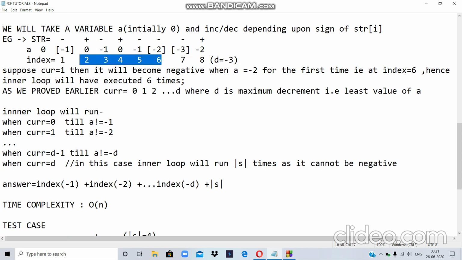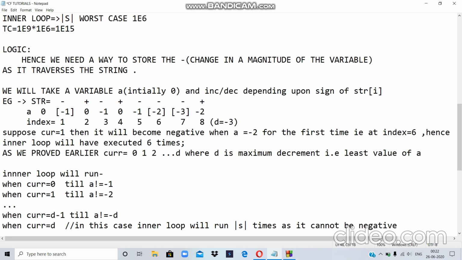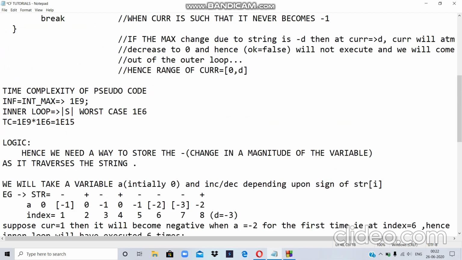So it will run 6 times. Then it will go on till current is D minus 1, which needs the biggest change I can get, which is over here. And after that, the final value of current is D. At D, in this case, the inner loop will never get negative. I can never get it.